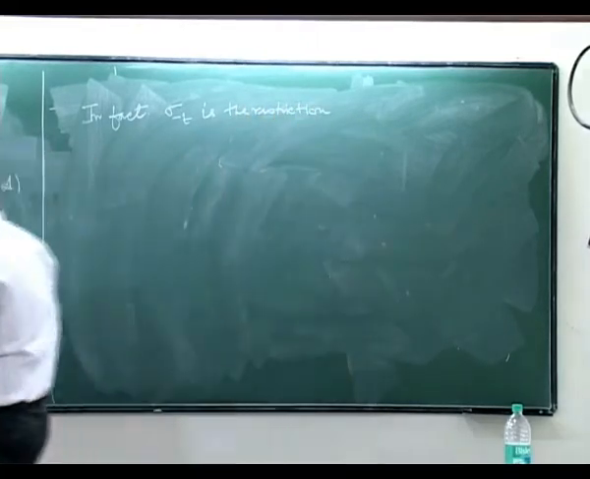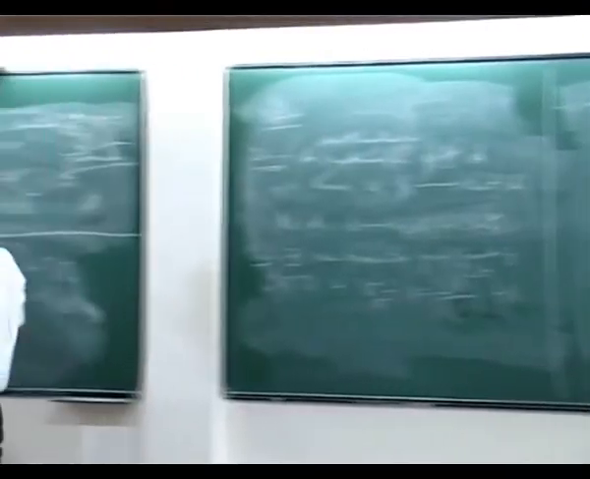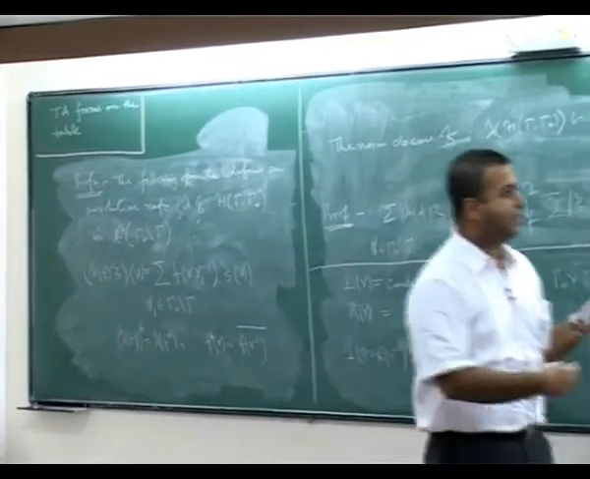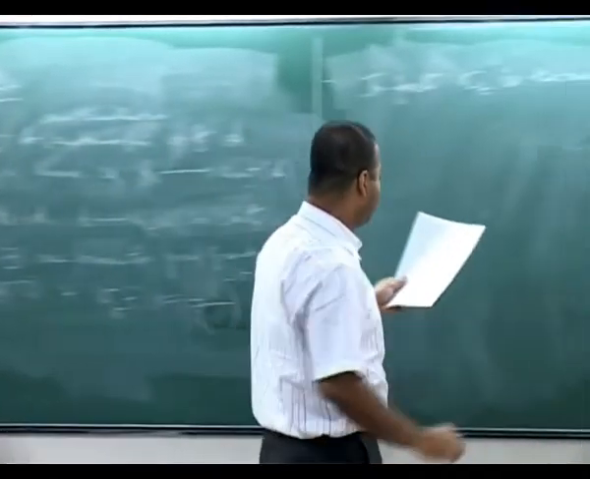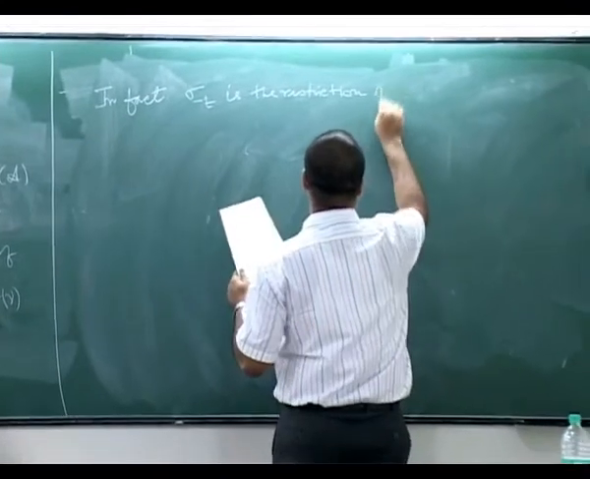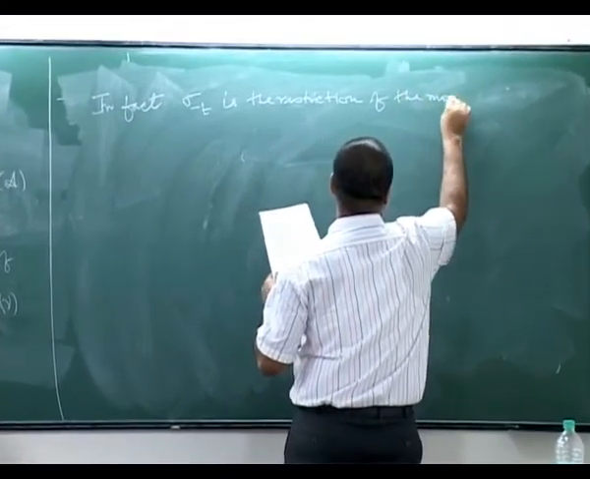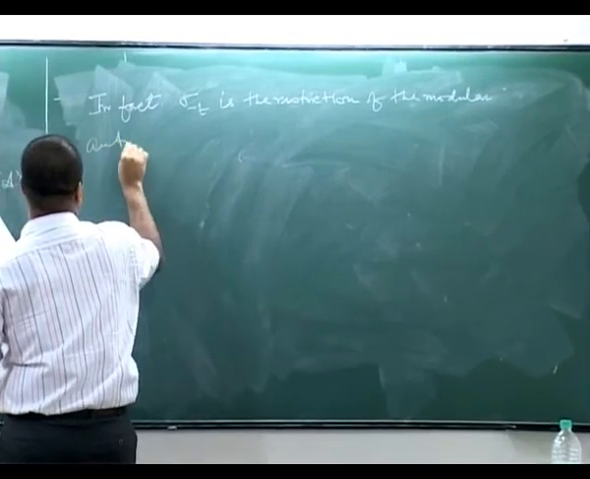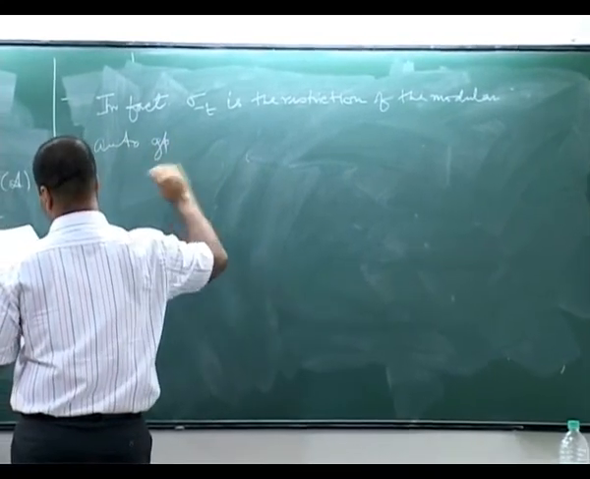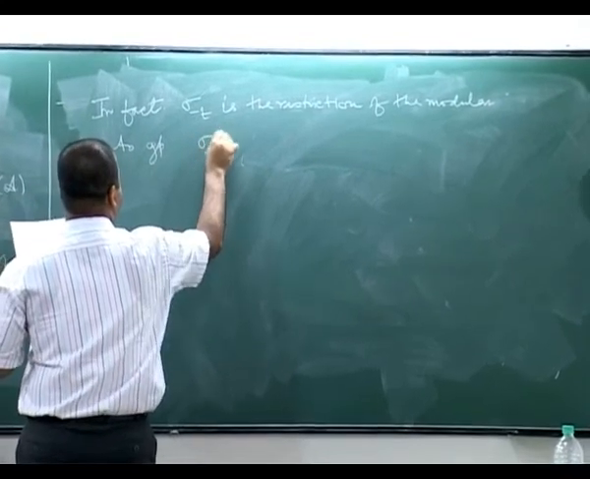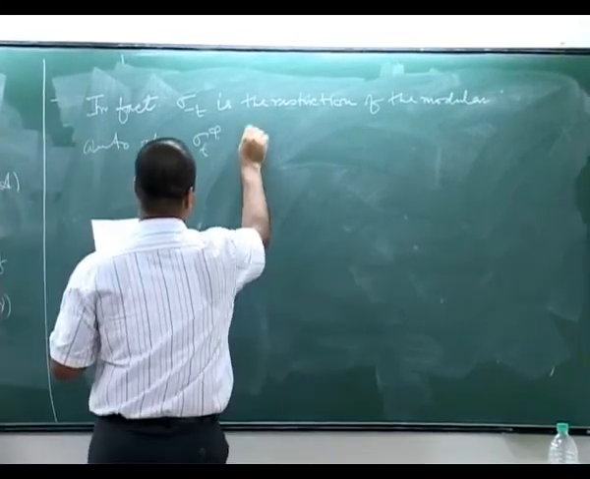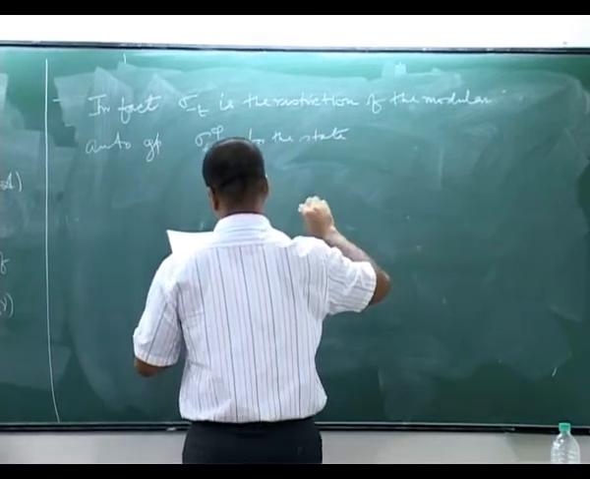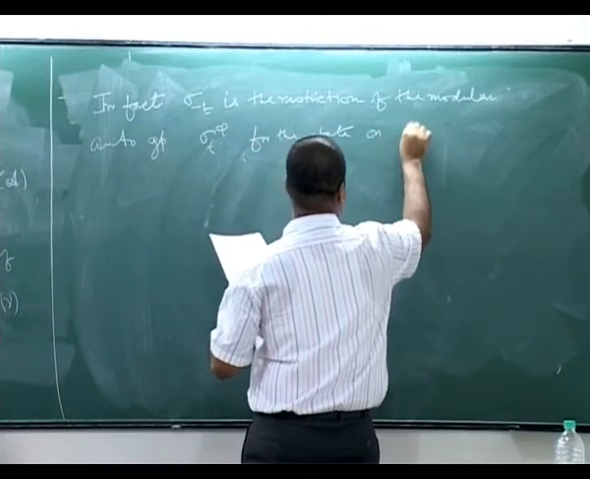So we have a C* algebra. This algebra sits inside B of this Hilbert space. So we can consider its double commutant, which will give rise to a von Neumann algebra. So it is the restriction of the modular automorphism group for the state on